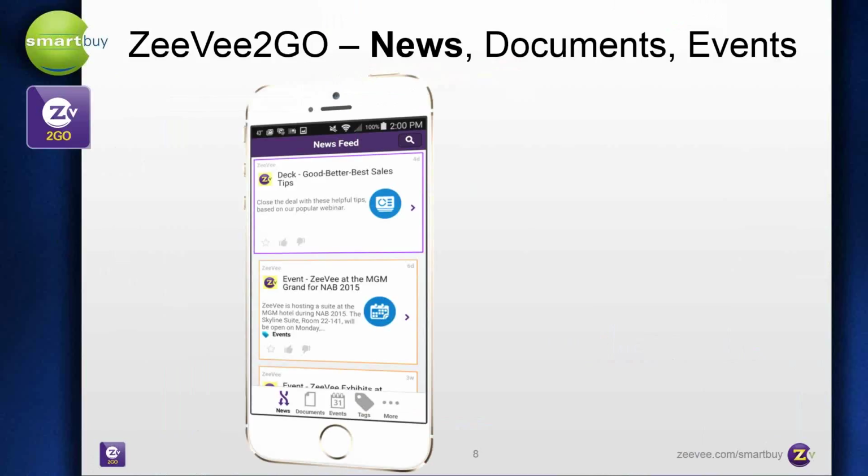When you first open it up, you're going to see this news feed. Now, this is where everything that's newly loaded into the app is going to show up right here. It gives you easy access to anything new, so it's not just news or events. It's much more than that. If you look at what I've posted here today, you can see that I had just posted a new card deck for the good, better, best sales tips. So if we click on this,